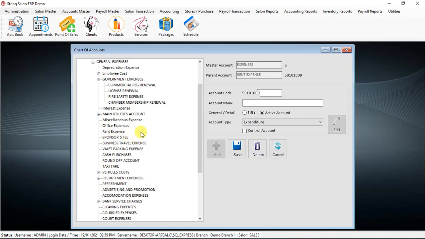So in the trial balance there will be an issue. So make sure the header account remains title, and the account under it is the active account under which you want to make all the transactions.